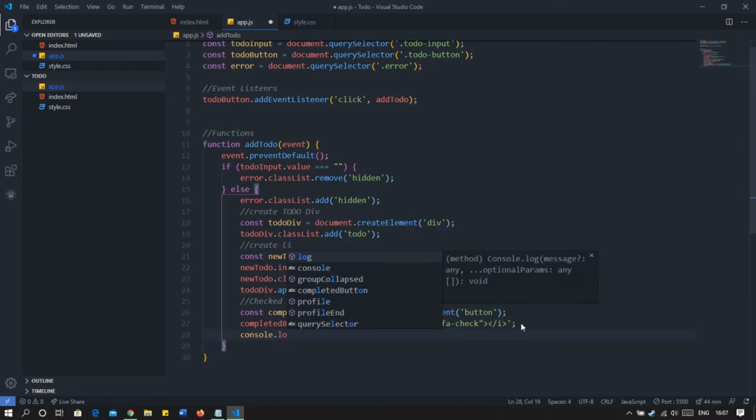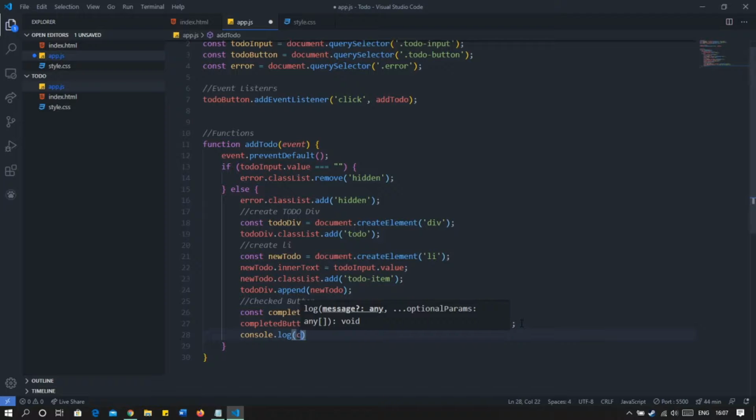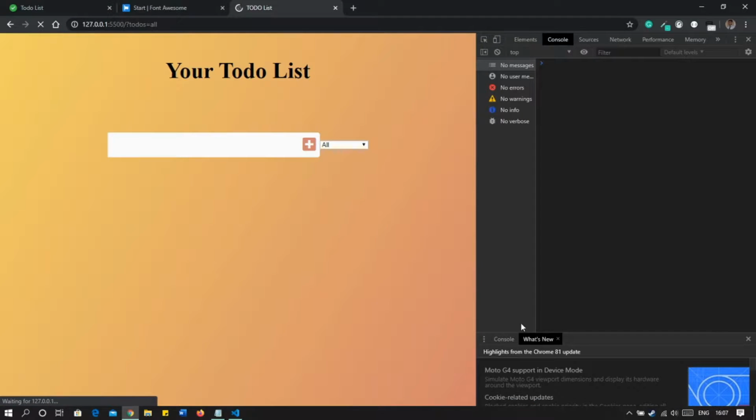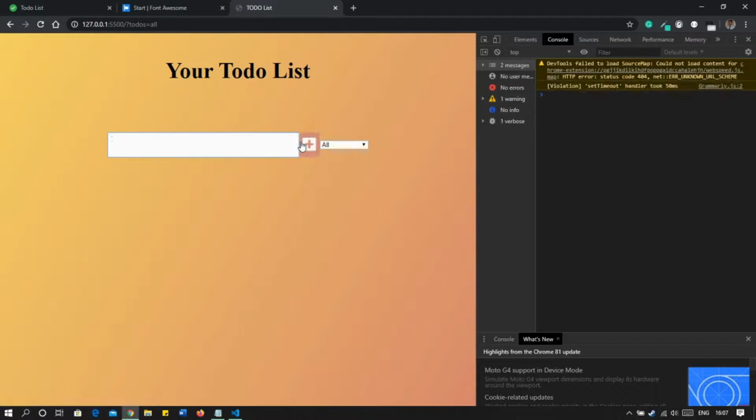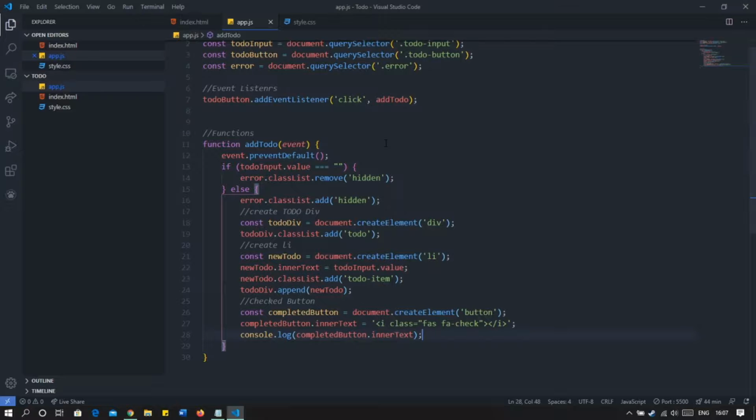Console.log created button dot inner text, right? So, enter. So we have this value. We do not want this value, instead we want the element to be shown and rendered on a web page. So to do that, instead of inner text we will be using inner HTML, which can insert an HTML code